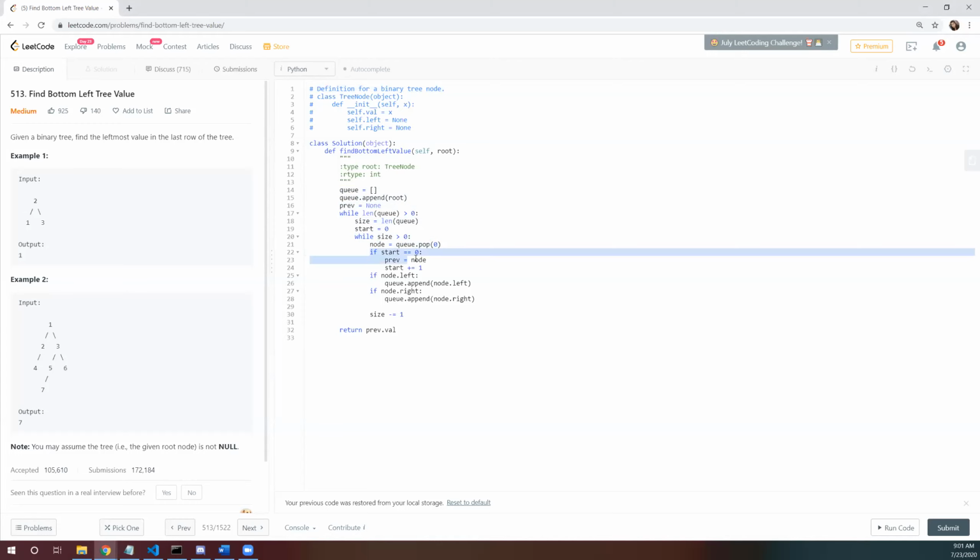If it's the initial one, where start is 0, then I add that current first node in my previous, and then increase my count. So my start should also be increased because I don't want it to be 0. Then I simply added left, right, and decreased the size.